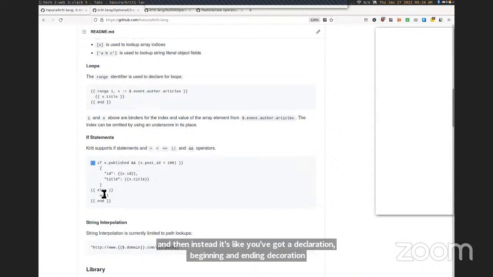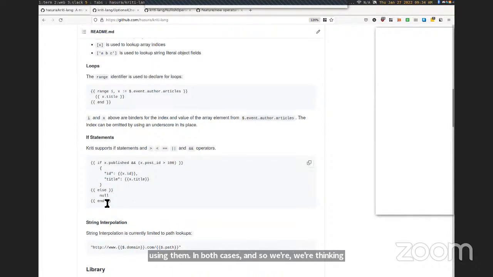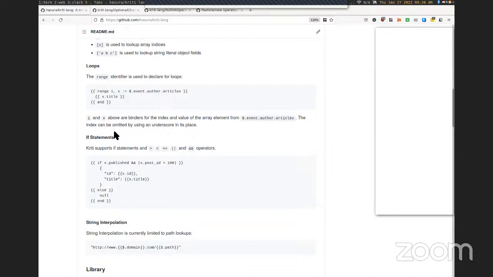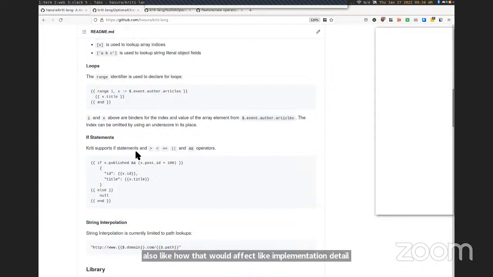So we're thinking about whether it's worth improving the symmetry of the syntax, how that might improve clarity in understanding these templates, and how that would affect implementation details. But any breaking change like that would be really well defined before it would go through.